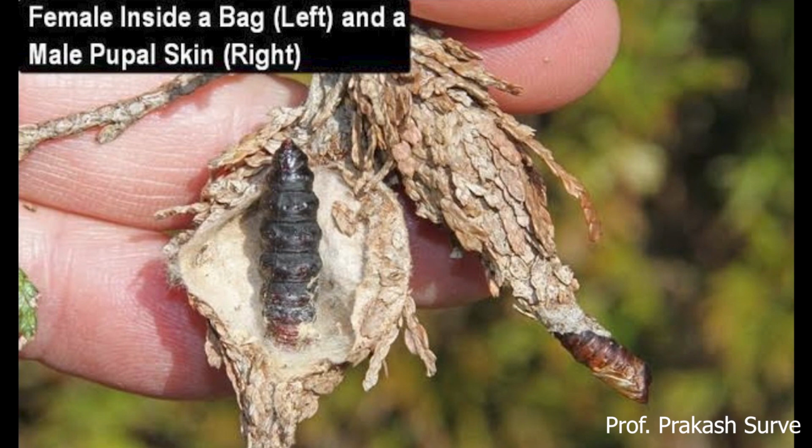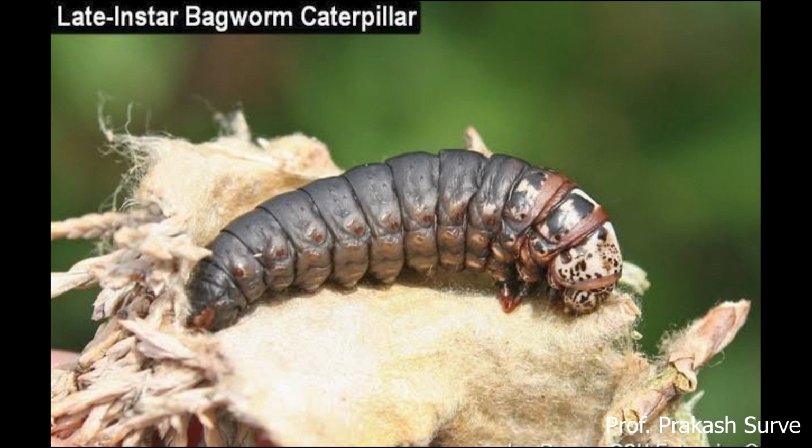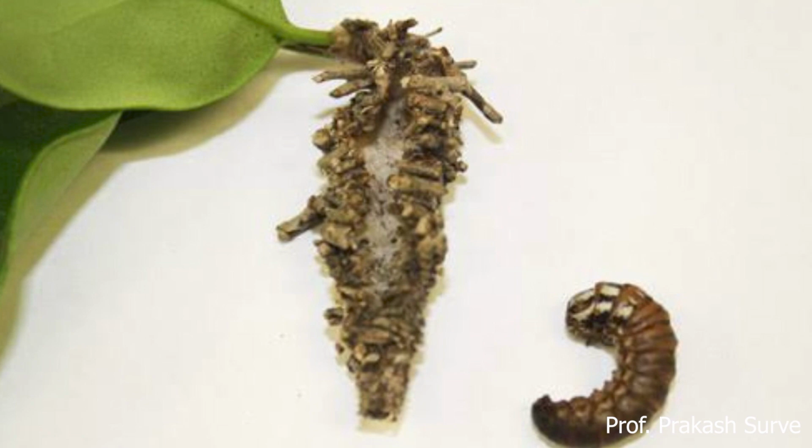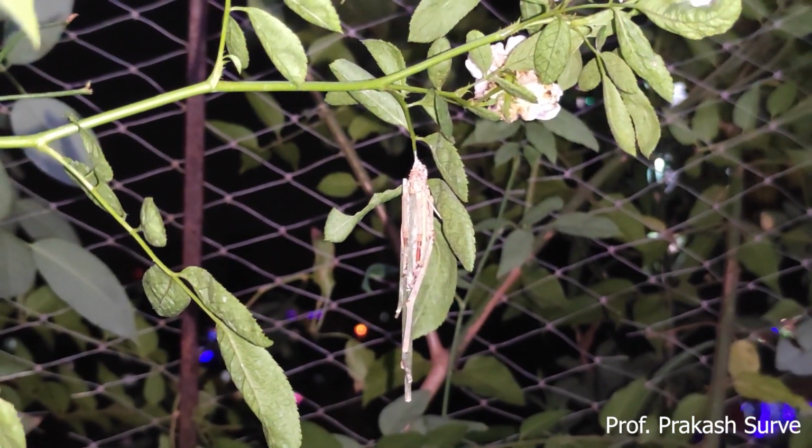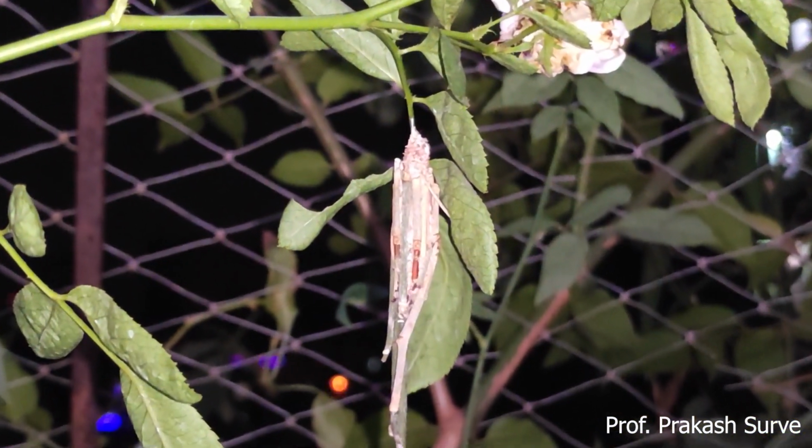Here the cocoon is removed, and from that we can check how the worm inside is a fully developed worm. This one is taken outside, and after that it becomes mature, and then this moth is there which leaves that cocoon case. Now this video is about my garden.